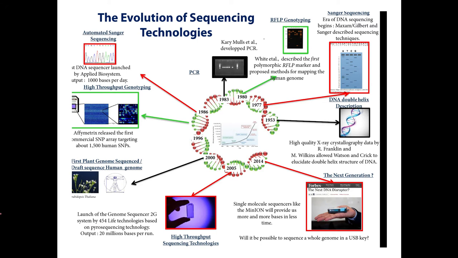And after PCR, when you get a fragment of your desired size, what will you do? You will sequence it and confirm that whatever you are getting is your sequence. So high throughput sequencing and genotyping became very important and prominent, and from 1986 to 1996 high throughput sequencing platforms were developed.